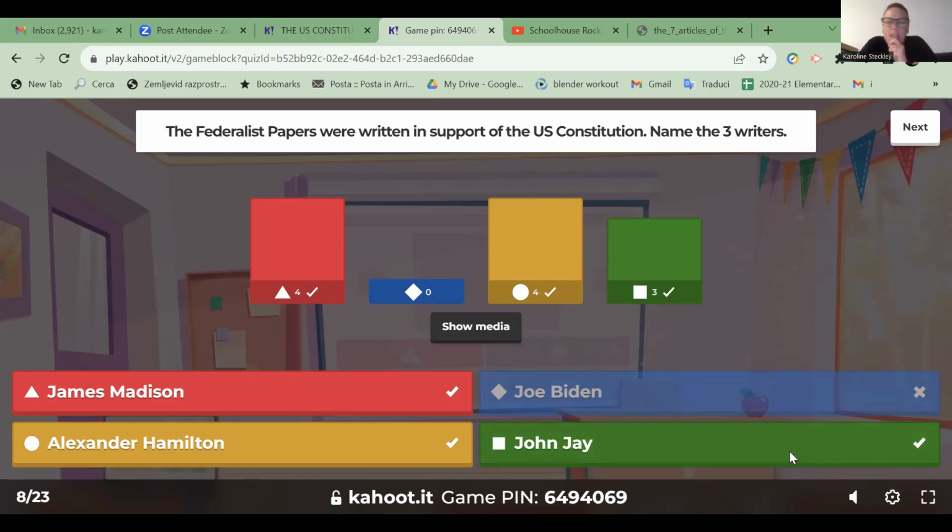John Jay, nobody's ever heard of this guy. The only thing we know about him is that he was one of the writers of the Federalist Papers, but really a big writer for the Federalist Papers was Alexander Hamilton. He really wanted to be a soldier all his life. He was a great academic, but he started as an orphan, and he moved to the United States from the Caribbean, and he always wanted to fight for freedom. He wanted to be a soldier, but anybody around him wanted him to be someone who could sell the idea